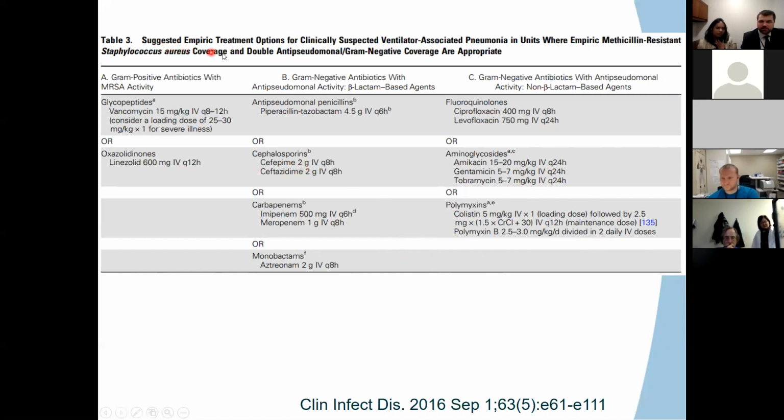So these are suggested empiric treatment options for clinically suspected ventilator-associated pneumonia in units where empiric MRSA coverage and double anti-pseudomonal gram-negative coverage are appropriate. Then the question would be, when would MRSA coverage and double anti-pseudomonal gram-negative coverage be appropriate? It all depends on the local antibiogram. And if you don't have an antibiogram, I would probably still cover it. It depends on the local antibiogram and then how sick the patient is,